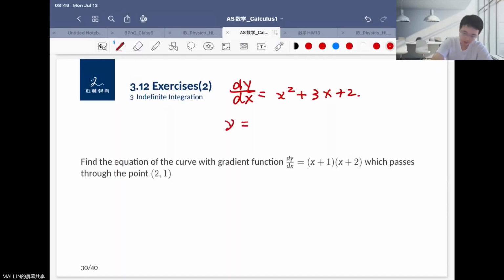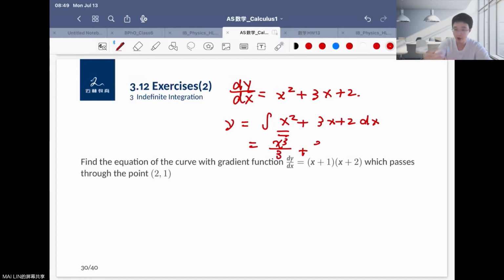Then we can calculate y by integration. So it is the integral of x squared plus 3x plus 2 dx. For x squared, we make the power plus 1, that is x cubed, and then divide by the new power, which is 3. For 3x, we make the power plus 1, that is 3x squared, divided by the new power, which is 2. And then plus 2,